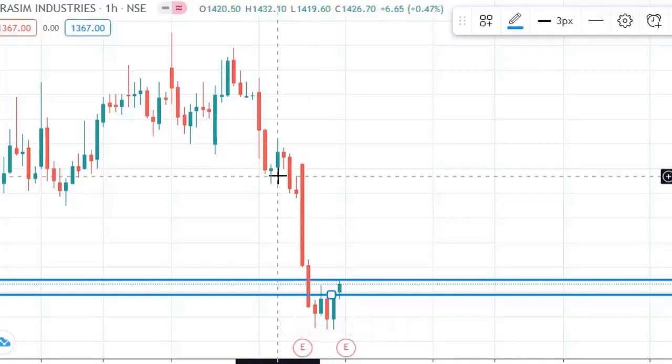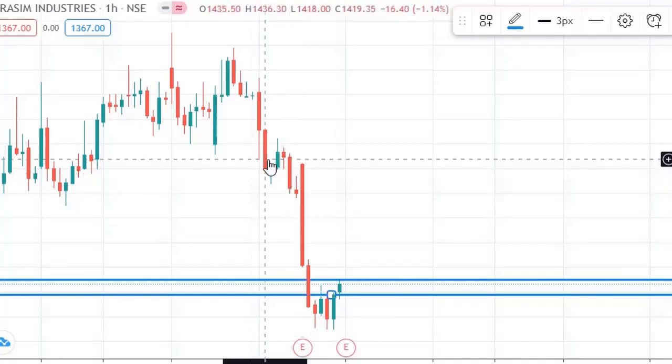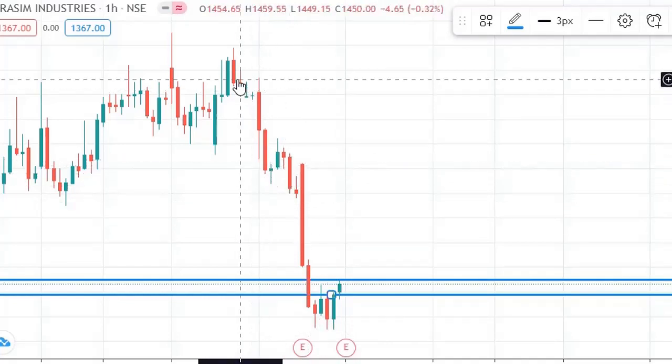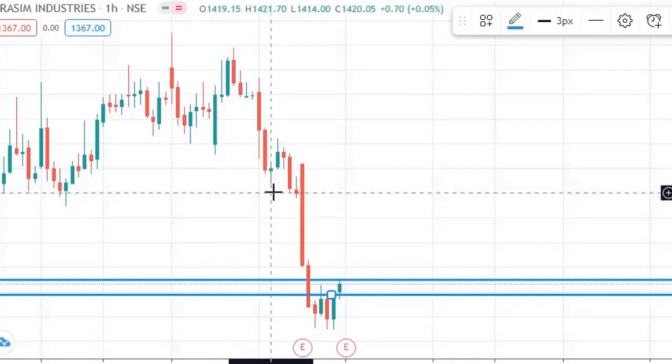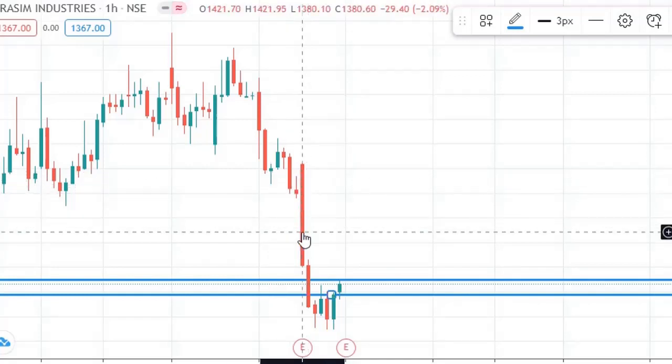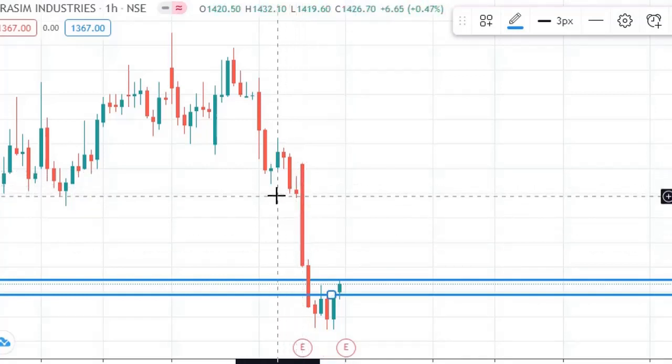Whenever you are in a trade, try to trade where the reversal happens. Don't get into the middle of things. Try to do it in the 5 minute timeframe, friends, maybe. So that is all, I think.